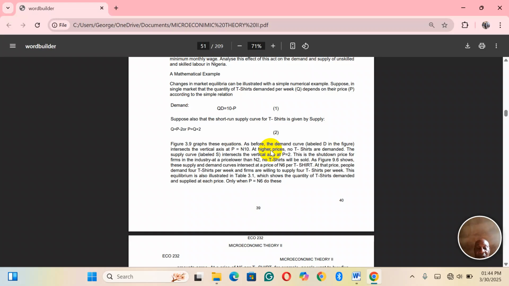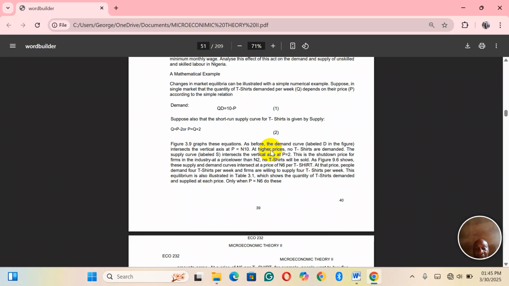The supply curve intersects the vertical axis at a price equal to 2. This is the shadow price for the firm in the industry. At a price lower than 2, no t-shirts will be sold. So, as